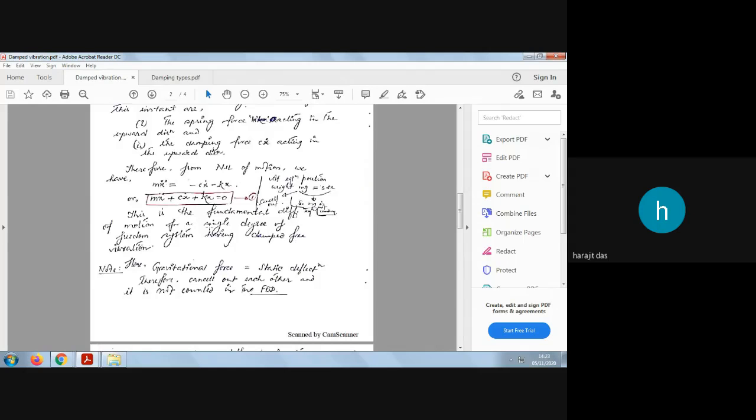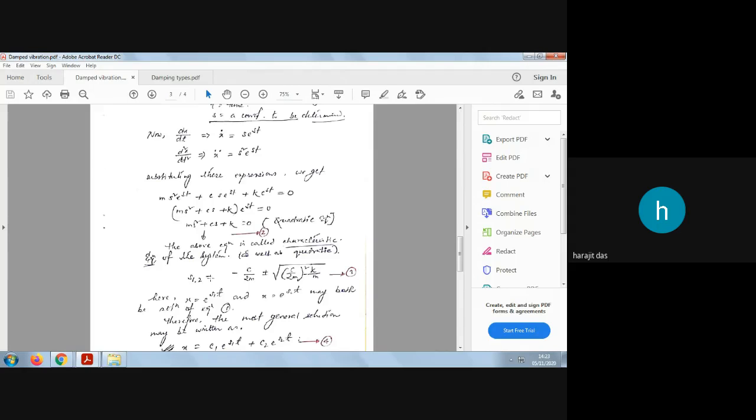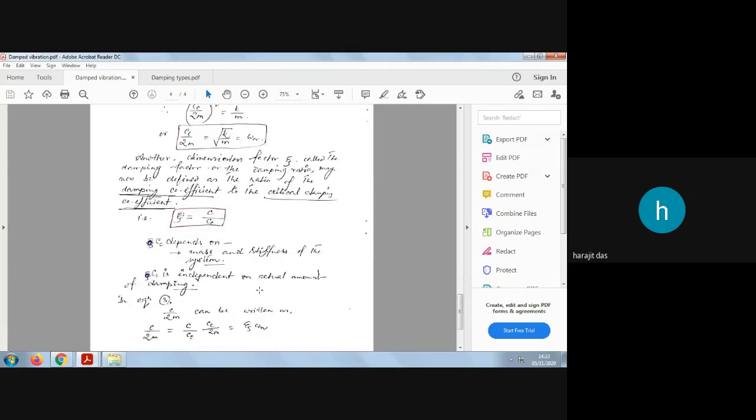After that we found the general solution, x equals e to the power st. Then we got these roots and simplified them in terms of zeta and omega n, and finally got this expression of the roots, s1,2. And from this expression, we summarized that if zeta is greater than 1, it is over damping, if zeta equals 1, critical damping, and if zeta is less than 1,